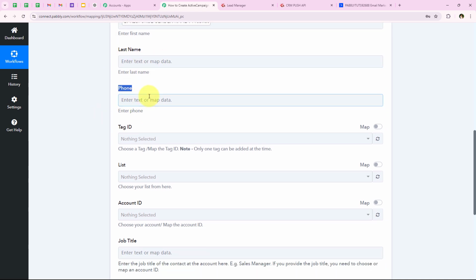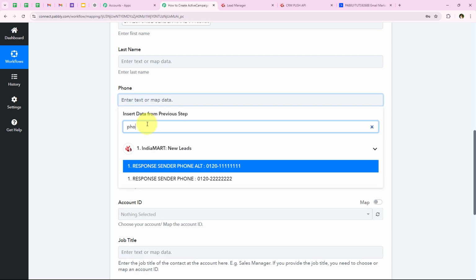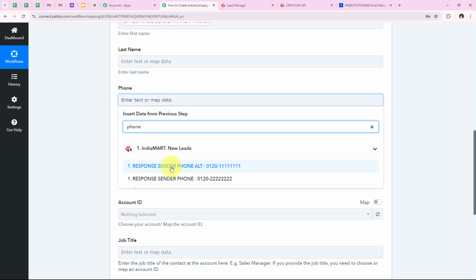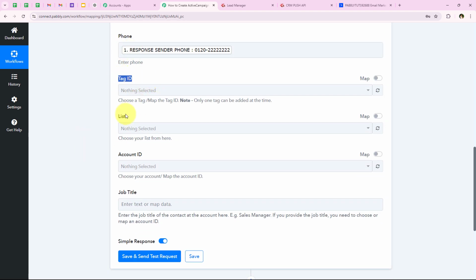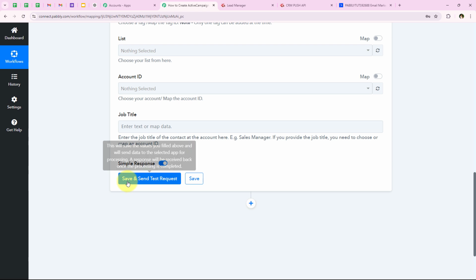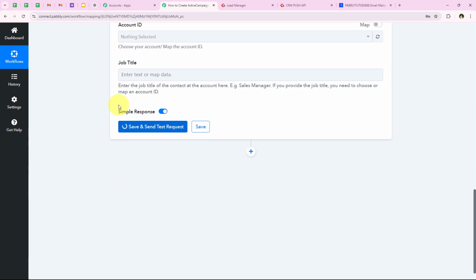It is asking me for the phone number. So yes, we are going to map it. I'm going to look for phone number, and as you can see the phone number, so we are going to map it. We are going to move on forward. It is asking me for the tag ID, list, account ID, and the job title. So as you can see, all of these details are not the required details. So I'm going to leave it as blank, and then we are going to click on save and send test